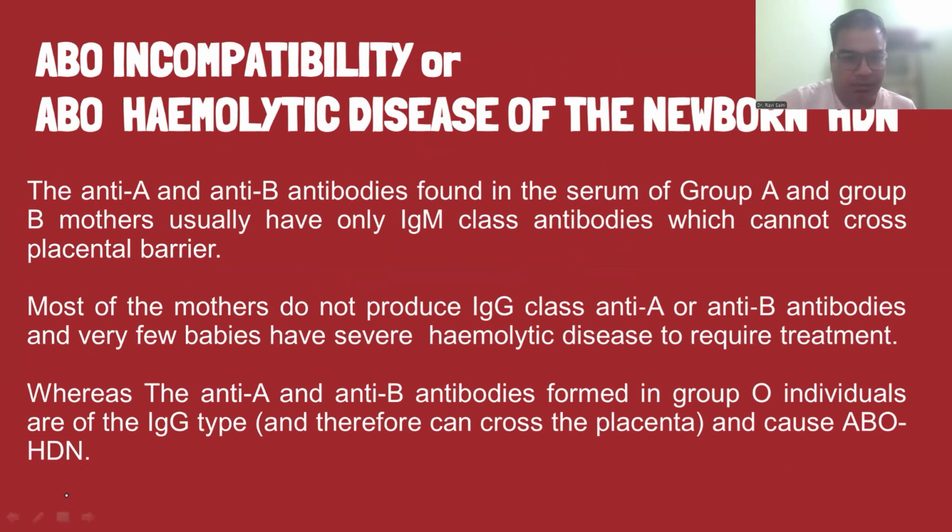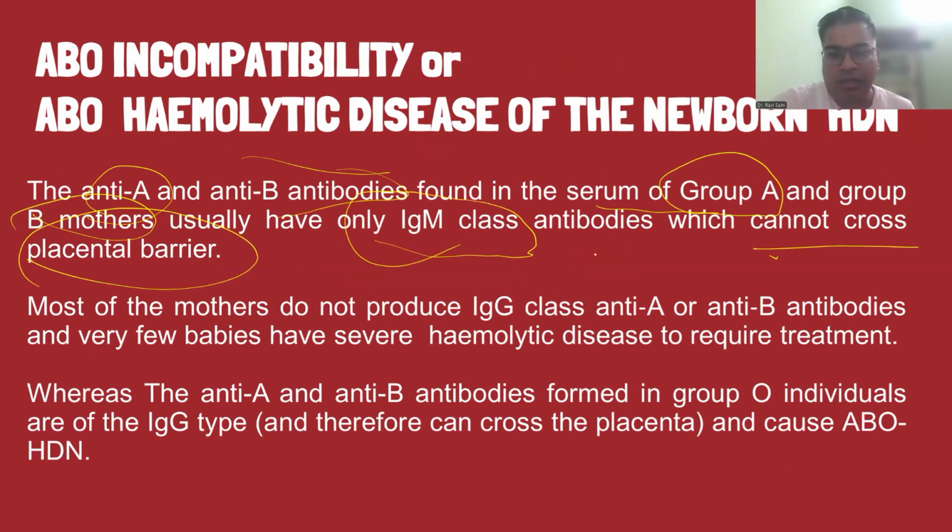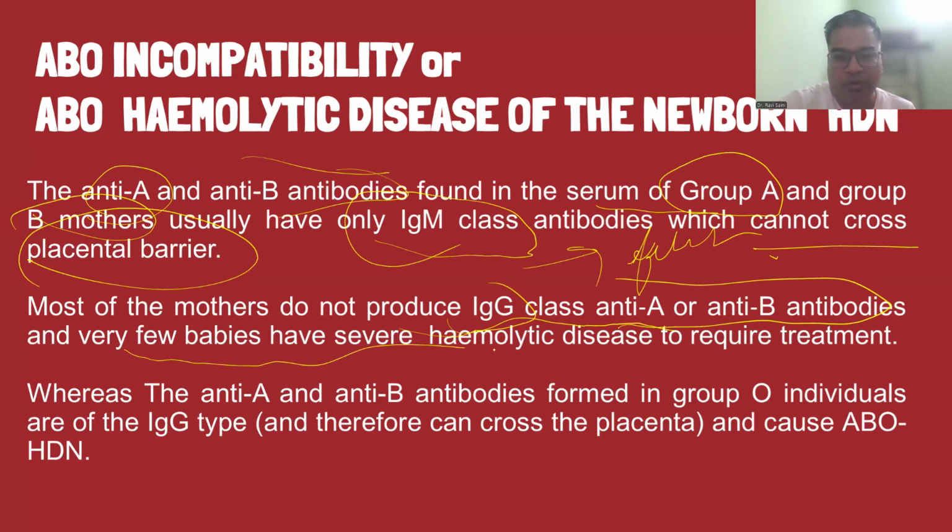In this, the anti-A and anti-B antibodies found in the serum of group A and group B mothers usually have only IgM class antibodies, which cannot cross the placental barrier, and they will not show any effect on the fetal blood. Most of the mothers do not produce IgG class antibodies as well, and if they are produced, it is in a very small amount